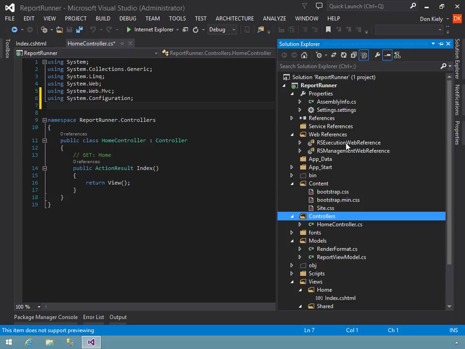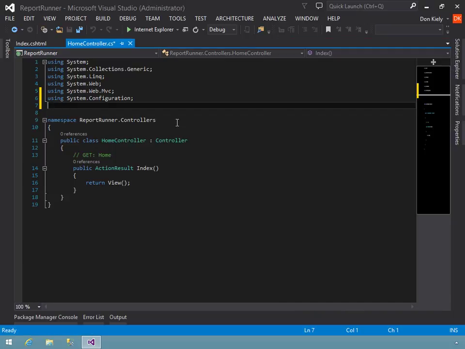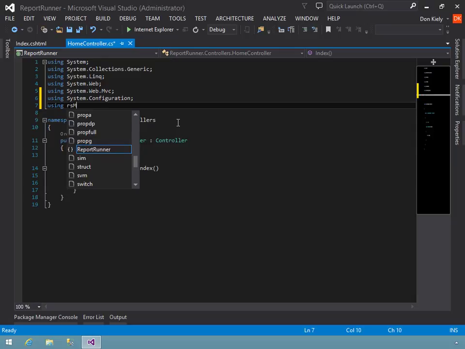So I named it RS Execution Web Reference and RS Management Web Reference. Kind of long names, they identify what they are, but pretty tedious to keep typing over and over again in my code. So I'm going to use an alias form of a using statement. Type using and say RSMGT, a shorthand name. This is going to be the name that I use within my code, and set that equal to